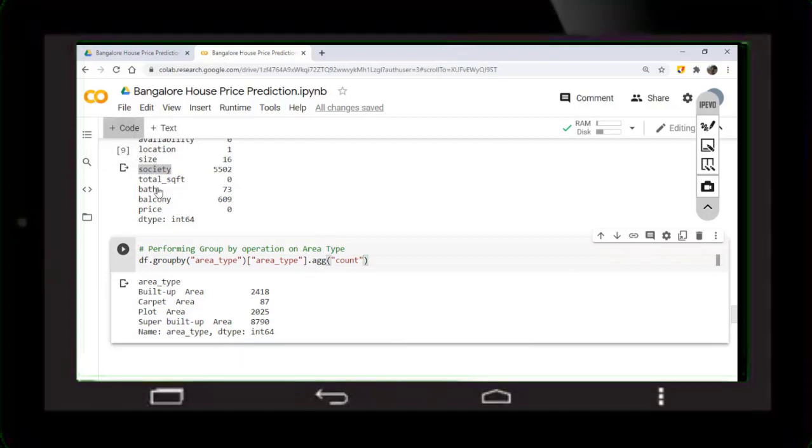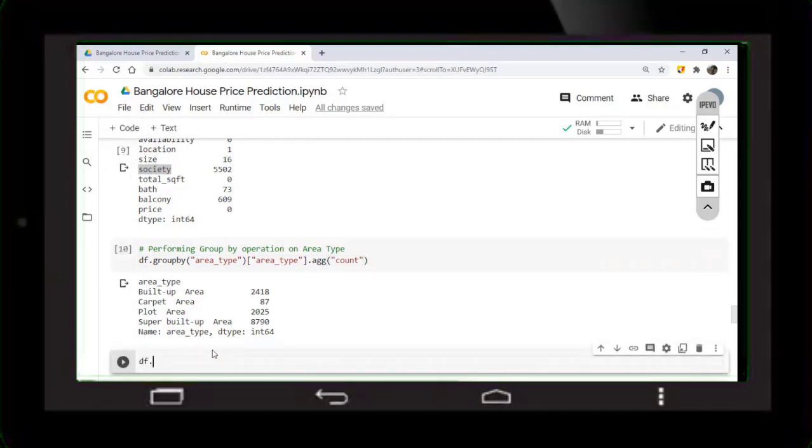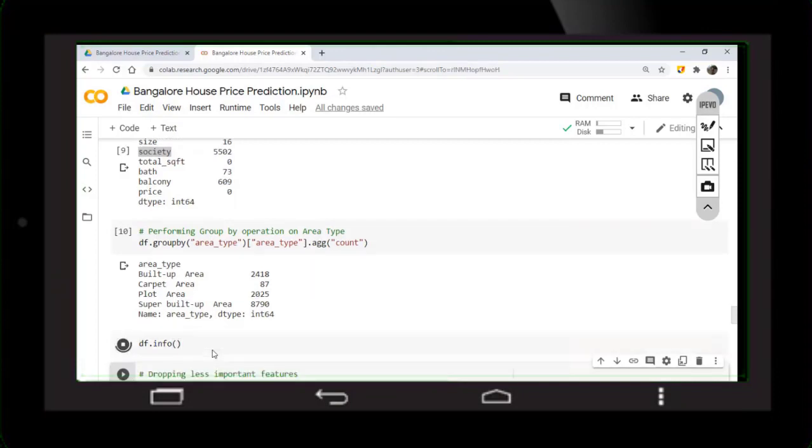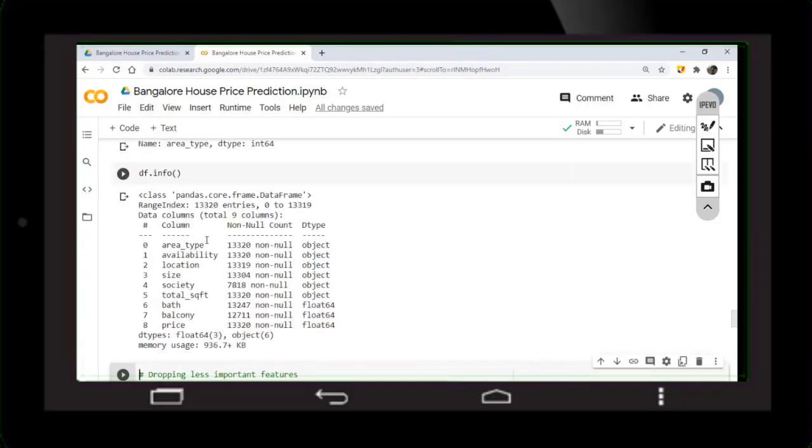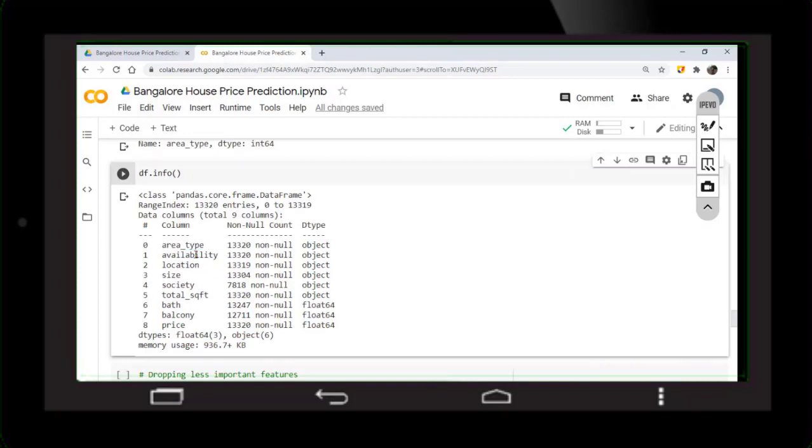Now let's check the dataset details again. So I'll write df.info. So here area type is string, availability is string, and location, size, society, and total square feet are also in string format. So we need to change this.